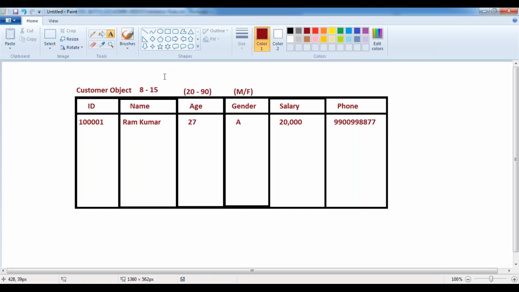Validations are verified before insertion and before updation, in both cases. Upon updating that record, you might enter some wrong information also. So before insertion and before updation, in both cases, it has to validate that information. Whatever data you have entered has to be validated.